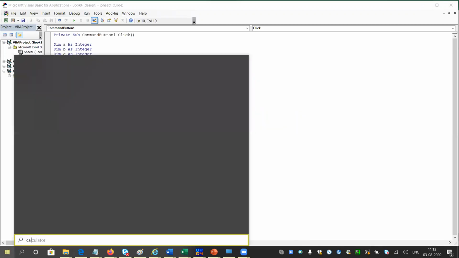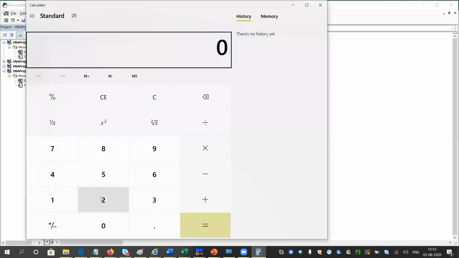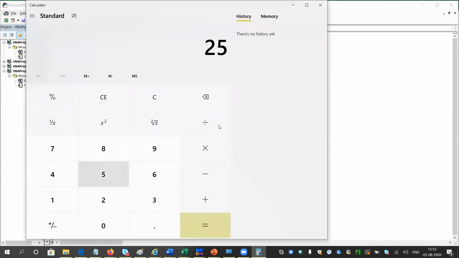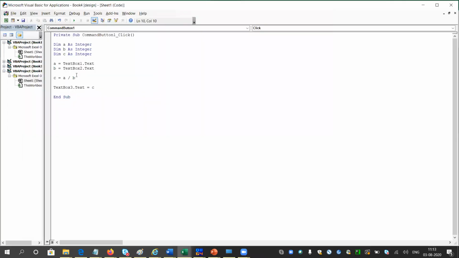Let me check what will happen if I try to divide something with 0 in my calculator in my PC. Look, it is showing a message rather than a number. It is giving a message, cannot divide by 0. So I will try to do the same in my case.